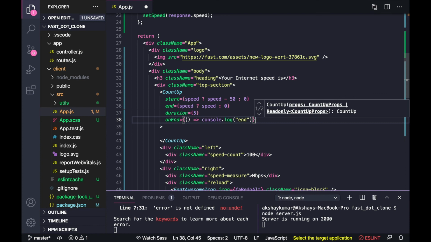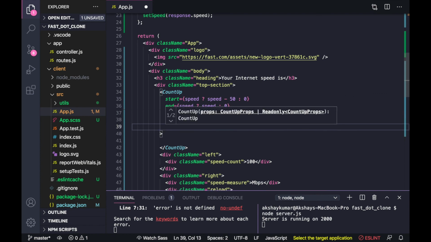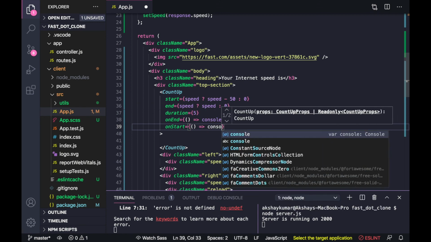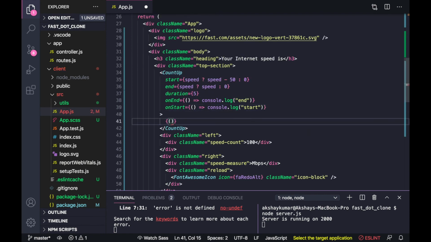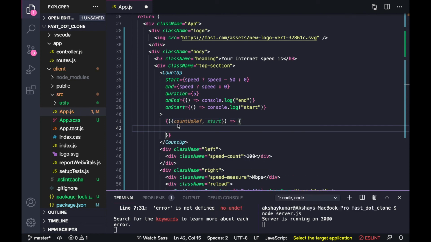After this we will write the onStart method. Here we will just write console.log start. Now inside countUp we will take two arguments. One is countUpRef and second is start. Here we will write return.